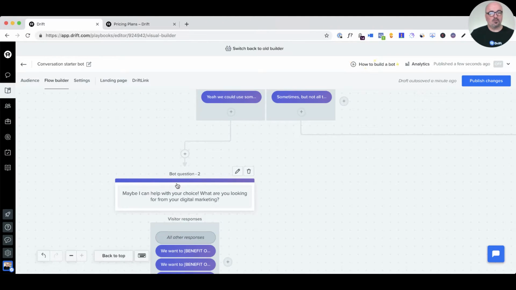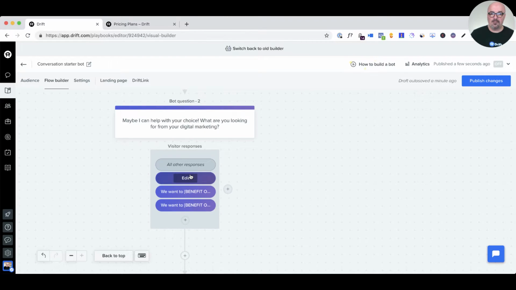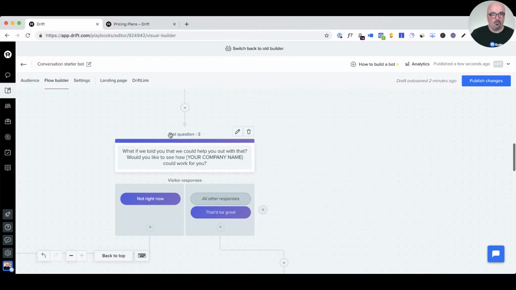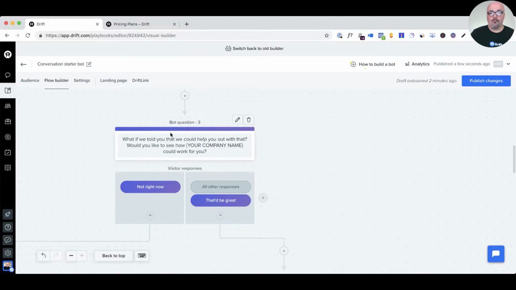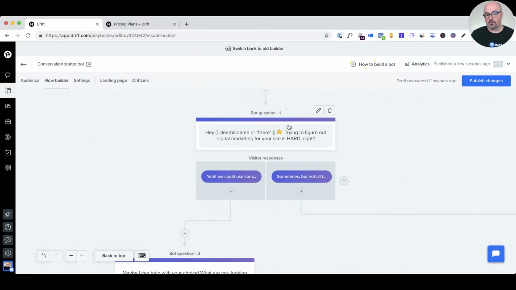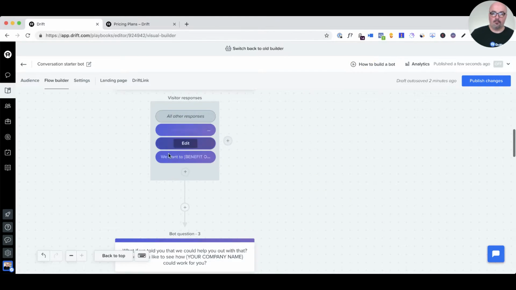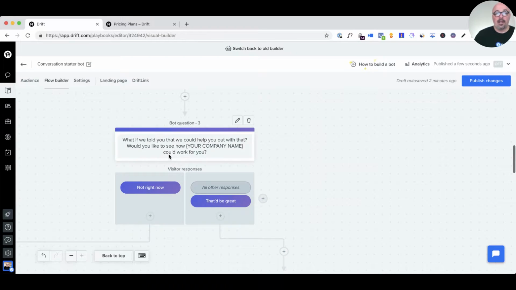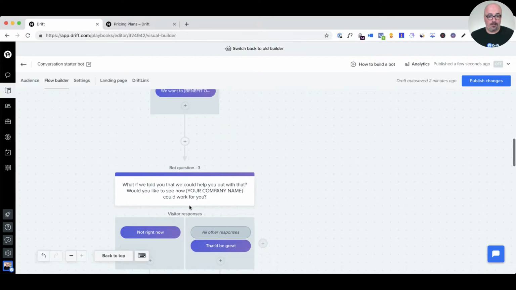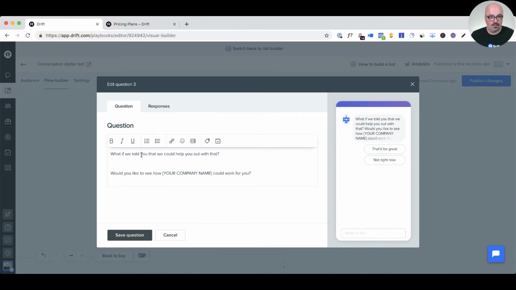you go to the second question, you have these 3 benefits, and then you have all other responses. And so regardless of what they reply, it goes on to bot question 3, and this is all one branch, so to speak, right? So we started with that first question, and then based on them clicking this button here, it put them onto this path. And so we don't split them off the path based off whichever benefit they choose. We just bring them on to the next question, which is, let's see, what if I told you that